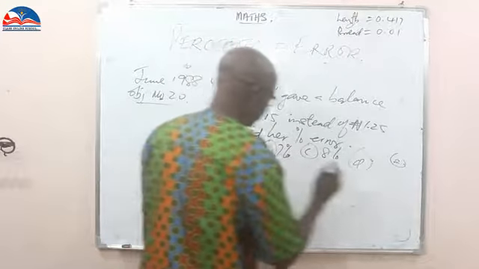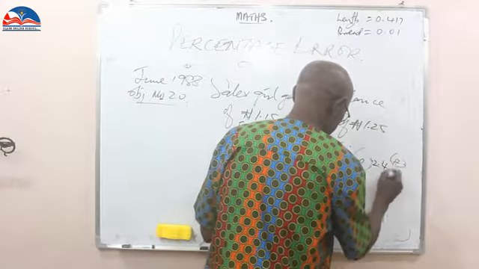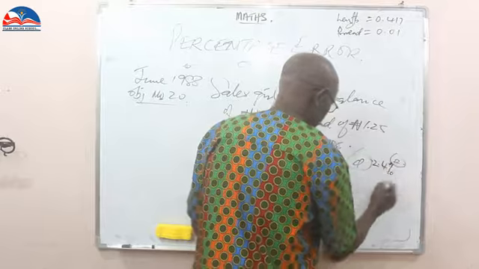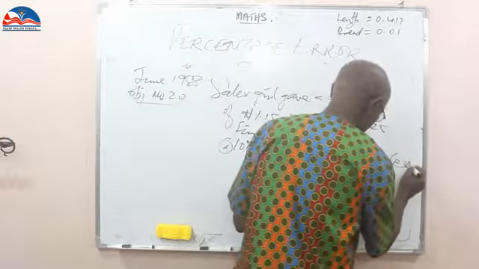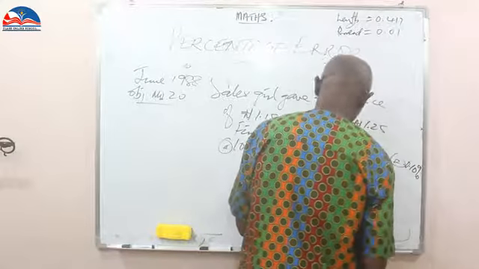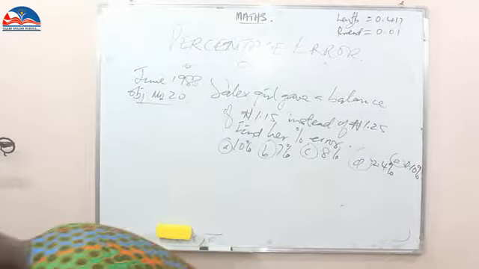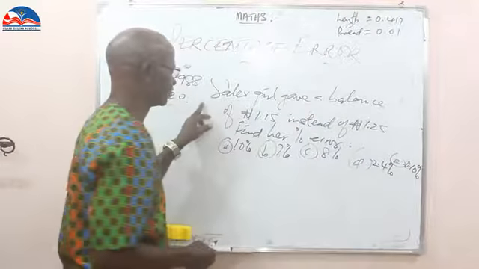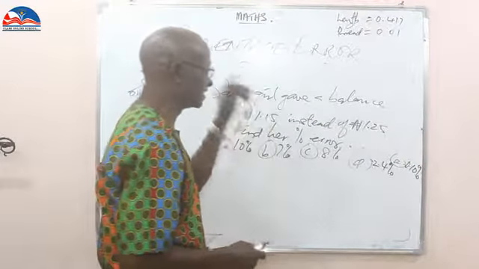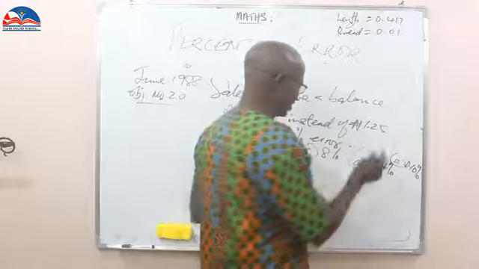D says 2.4%. And E says 0.10%. And you can see which is right and which is wrong. Correct option. Now, a sales girl gave a balance of 1.15 instead of the actual